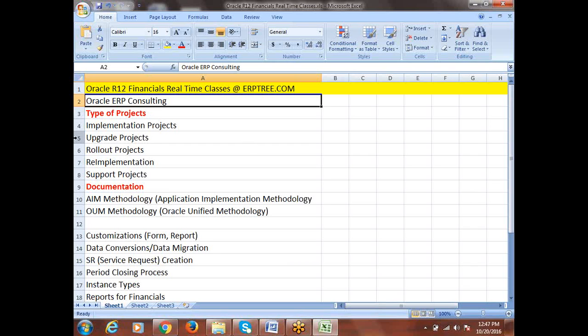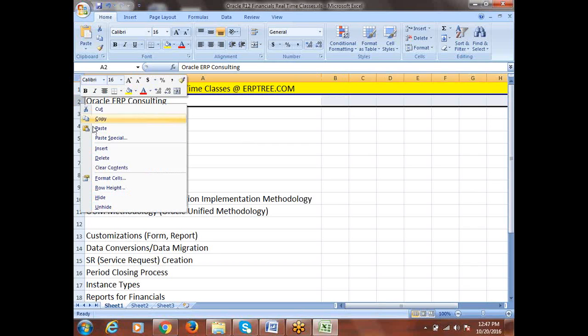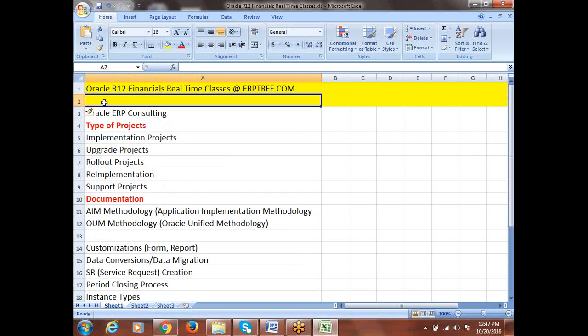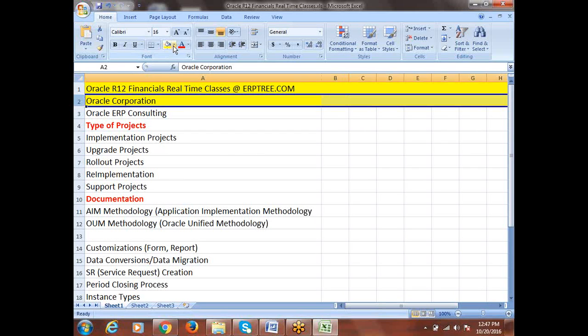First we'll try to understand more about Oracle Corporation. We'll talk about the Oracle company, the different divisions it has, and the job of each and every division. If you understand that, then tomorrow when you are working in any company, you can easily understand which division you have to deal with. Since we are learning a relevant product, we'll cover this information about Oracle Corporation.